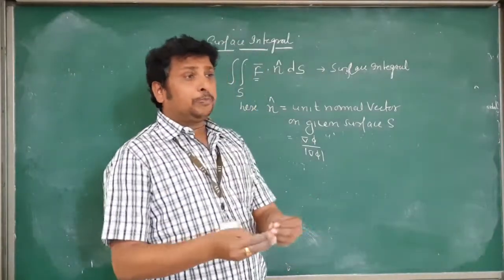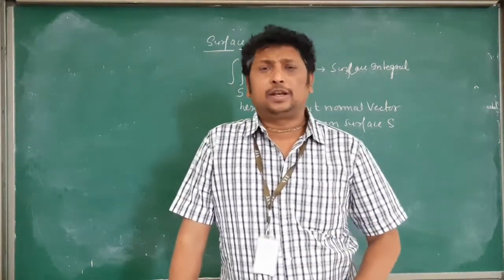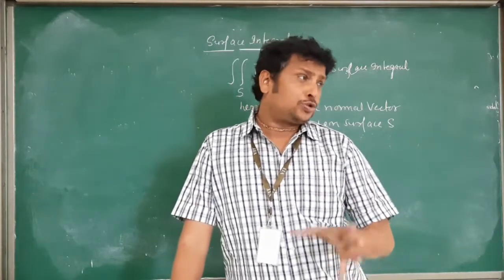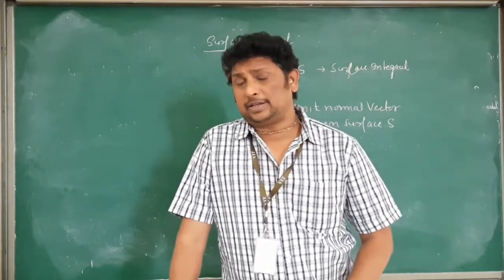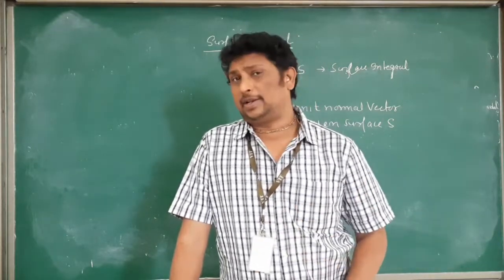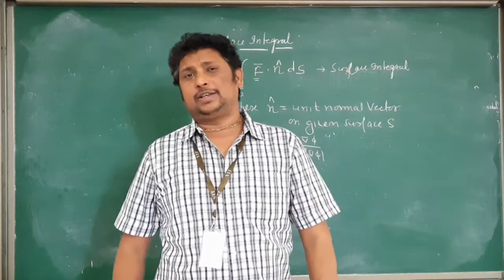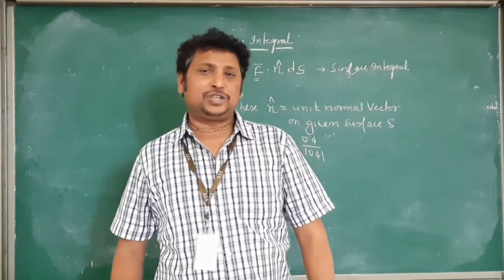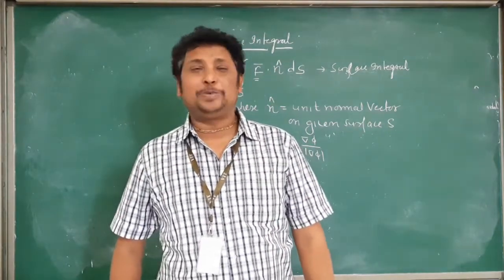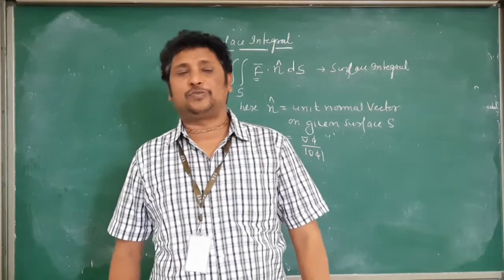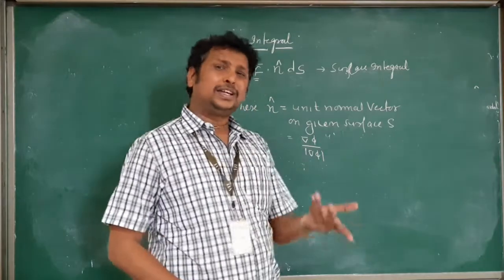Sometimes, if the xy plane is given, or the question is given for 2 dimensions only, meaning only xy is there, then definitely the k vector is normal, because for the xy plane the z direction is always normal. The k vector is the unit vector along the z direction. Suppose the yz plane is given, it means the i vector is normal on that surface. Otherwise, if a space surface is given, calculate by the formula. Easily you can do.